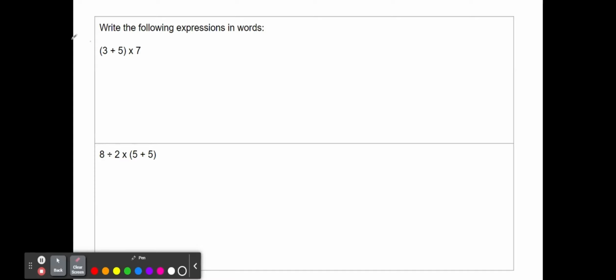There are so many different words to represent addition. I'm just going to pick one of the many words. You have add, you have plus, all kinds of words. You're not limited, as long as the word represents addition, then students are allowed to use it. So what I'm going to say is the sum of 3 and 5,